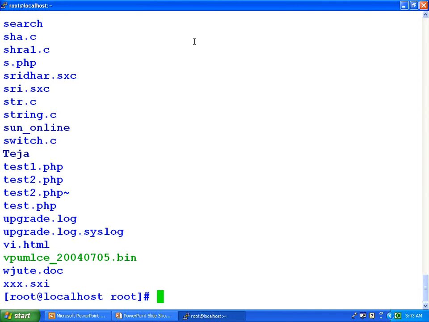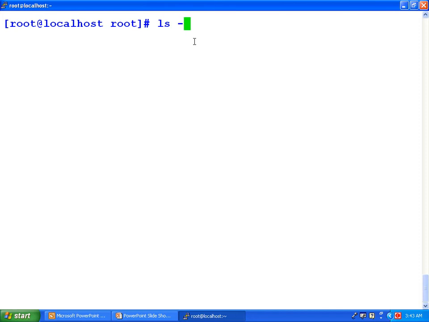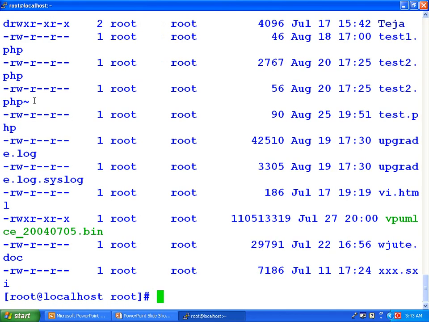The first option we would be seeing is ls -l. ls -l gives the long listing format of the files and directories. It gives the following information: the permissions of the file or directory, who the user is, and which group it belongs to. The first bit shows whether it's a directory or a normal, regular file. So it shows that kind of thing.